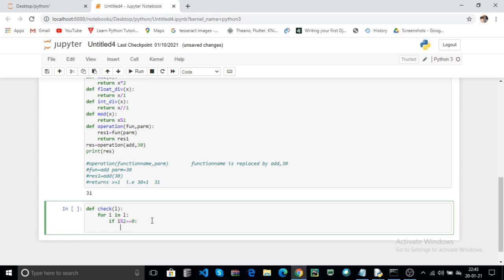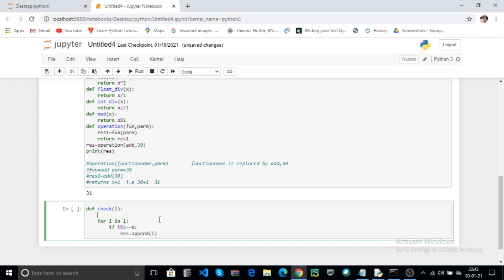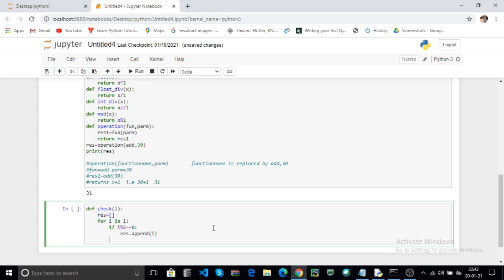If it's true, I take another list, for example res dot append of I. Here I take res as a list. The list method is append. If your number is an even number, the even number is appended to the res list, and finally return the res list.